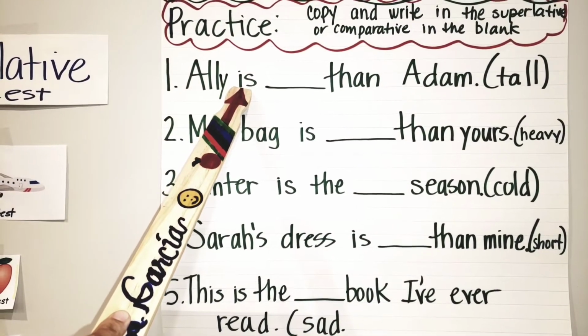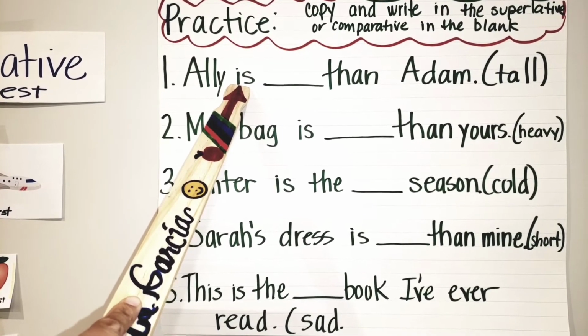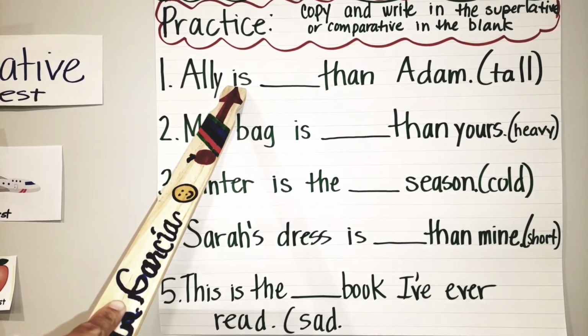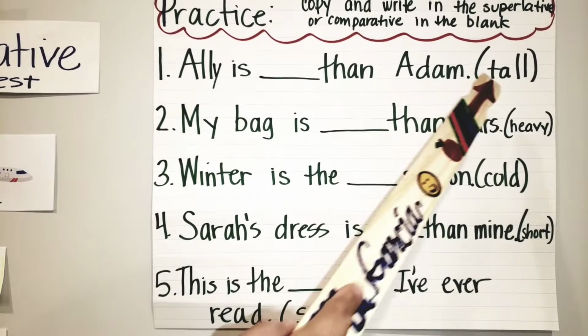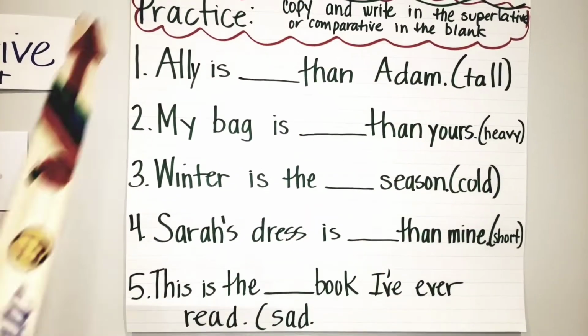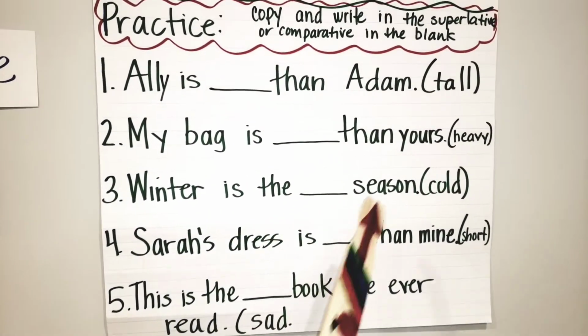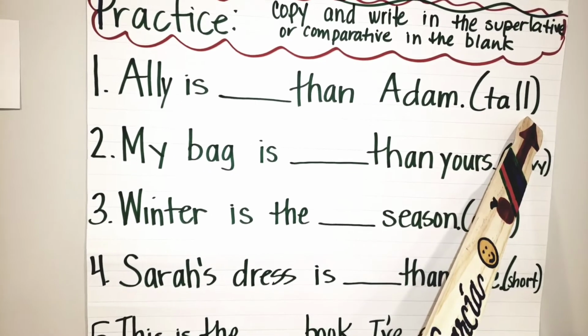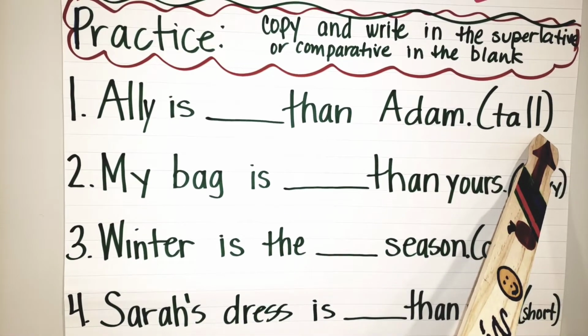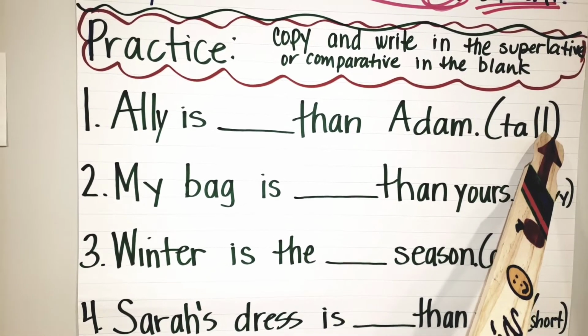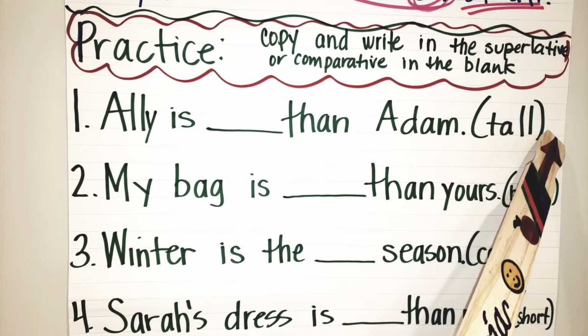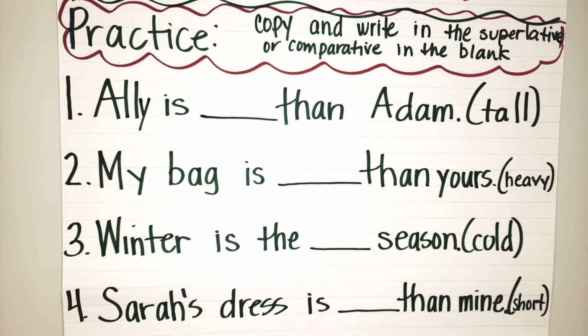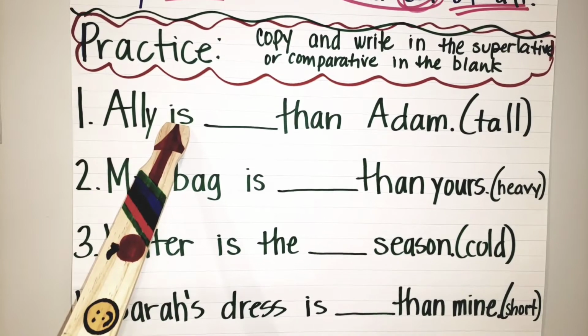Allie is, would it be taller or tallest? Okay, is it a superlative or a comparative? Remember, a comparative ends in ER. You compare 2 things, and a superlative, you compare 3 or more, and it ends in EST. So let's see. Allie is,